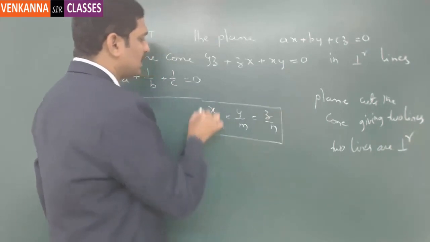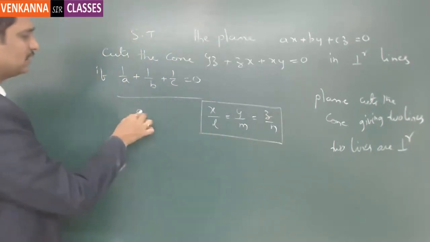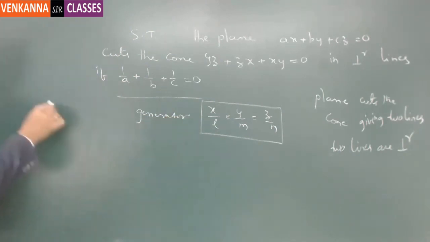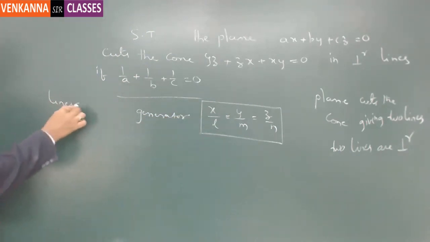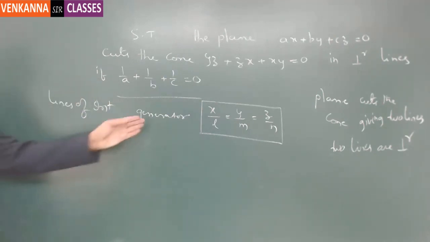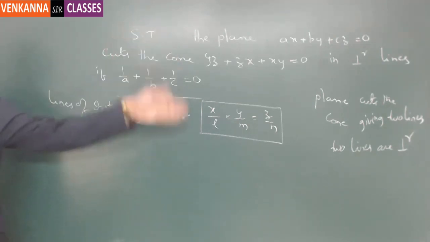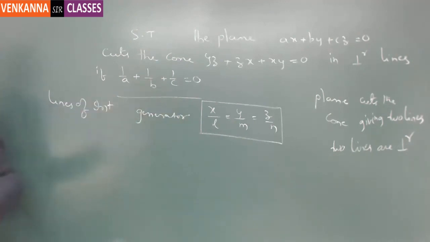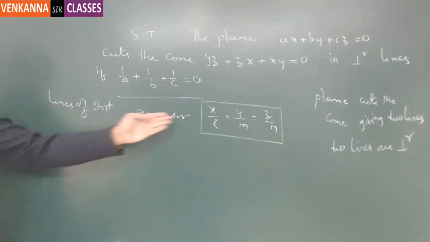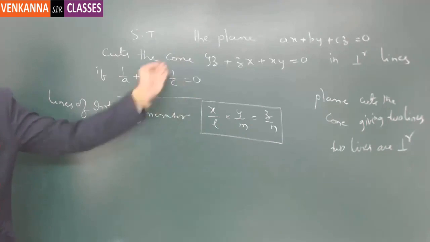This is nothing but the generator equation, also the line of intersection, because the generator is also the line of intersection as and when the plane passes through the vertex of the cone. Proceeding as it is, applying the normal condition and the DCs of the line satisfy the cone